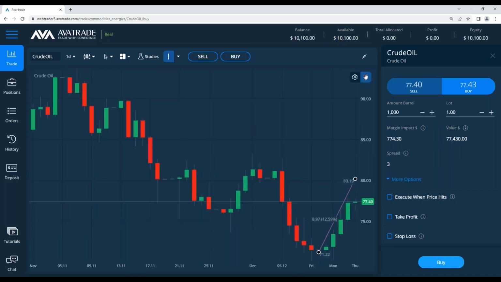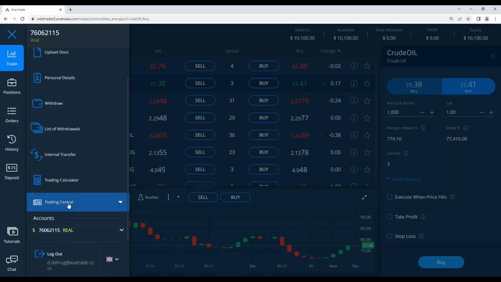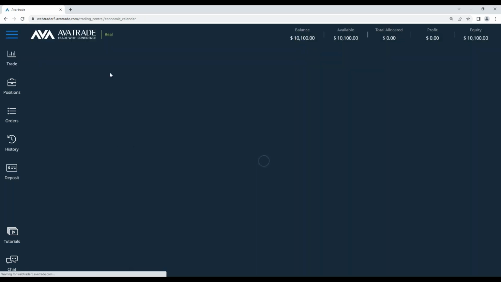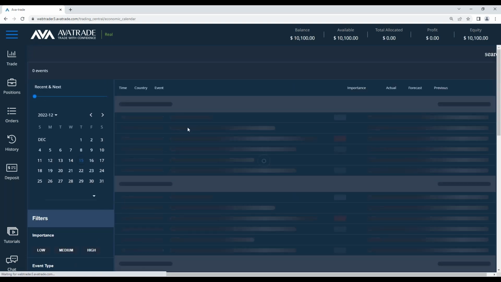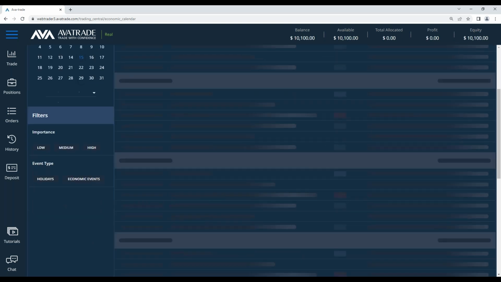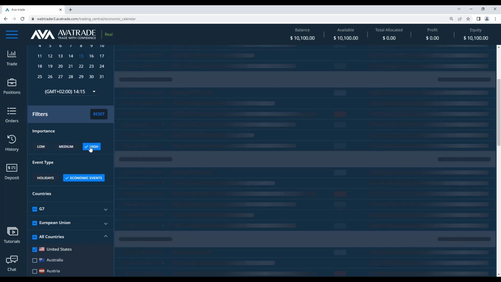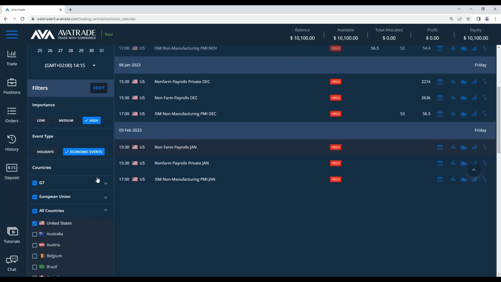Now, if I'm going to the economic calendar, I go here, like I said, the 3 lines at the top, I go here, Trading Central. Economic calendar is going to give me exactly that, and not just that, I can also filter what is relevant for me. So for instance, I have importance, I don't want to see the small announcements. I'm not into that. I want to see only the high announcements, such as the non-farm payroll as an